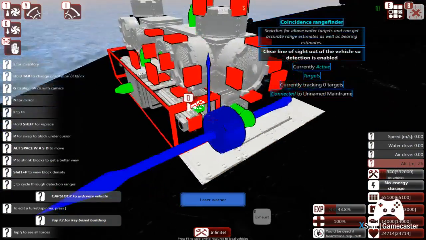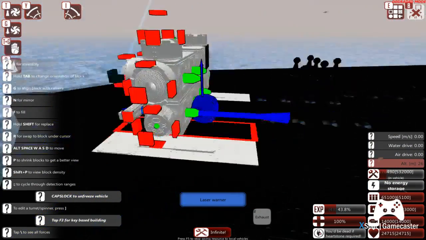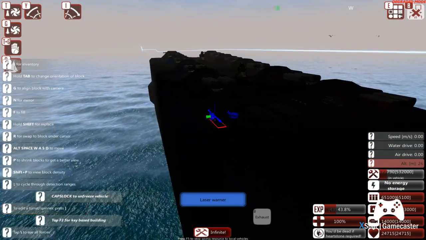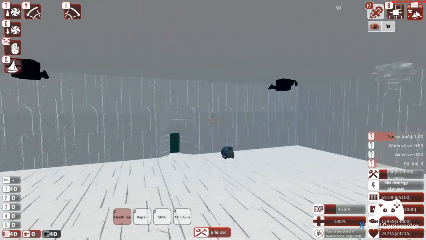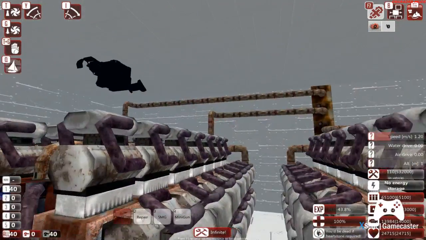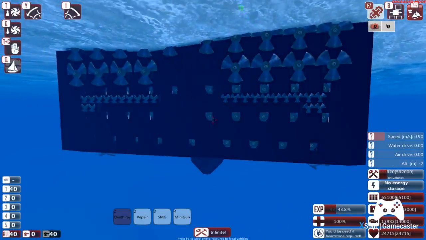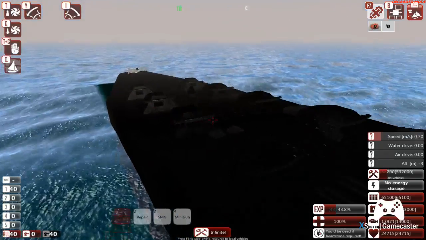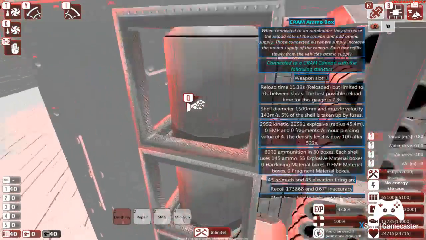Now we need... Whoop, try and chuck some laser warners down there. Alright. That'll detect anything at the front. I don't know if we're going to need more detection for lasers than that, so I think it's going to take a test run to find out, I guess. See what's happening. So what we'll do is save it up. Now, the amount of fuel we've got is pretty decent, but